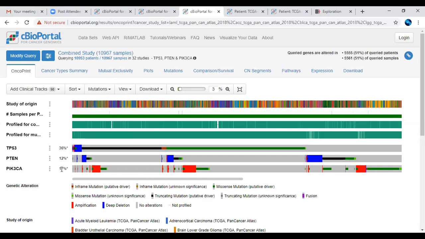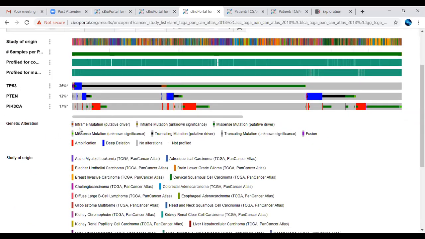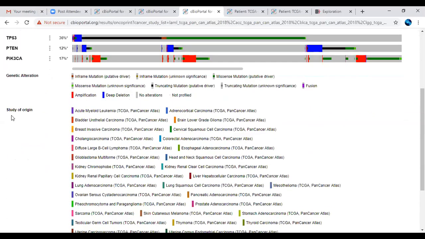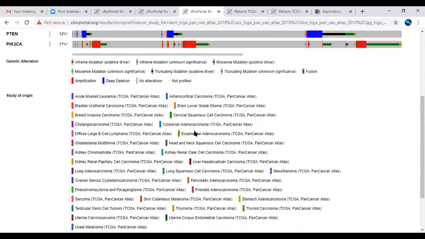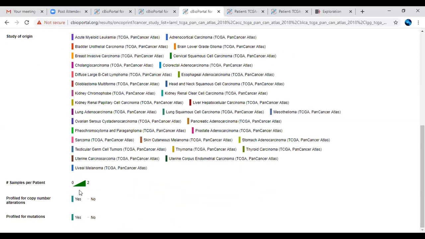So likewise 12%, 17% they have distributed. And what the colors are actually indicating. Here they have mentioned these colors are nothing but indicating the genetic alterations, like a mutation, a frameshift mutation. As putative driver mutations, we can consider those mutations. So here we can also come across with respect to the search of your gene. Is the gene particularly a driver mutation gene, or is it a missense mutation or putative driver gene? So you can see the information here with respect to different colors they have shown. And these colors are indicating different cancer types and the sample alterations.